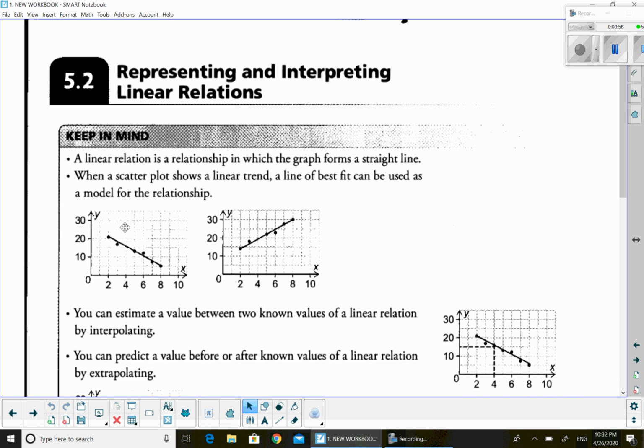The first one, let me just grab a pen. The first one is decreasing. You can see that it's going down and to the right. So that's a decreasing relationship, and this one is going up and to the right, which means it's an increasing relationship. That's what we're going to be really focusing on. If there is some kind of a linear relationship, we are going to use a line of best fit,